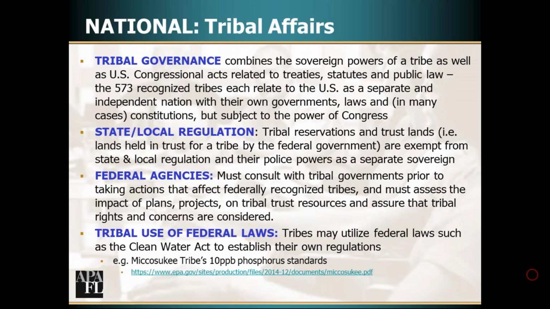Okay, that was the justification. So they used the Clean Water Act to set their own phosphorus standard, which is legal, and people have to comply with it. You can't dump water onto their lands that doesn't meet this standard unless it's natural runoff.